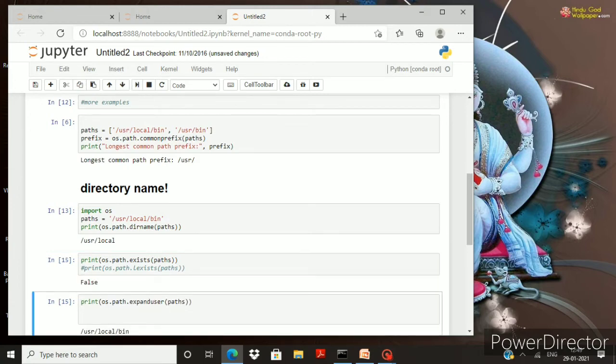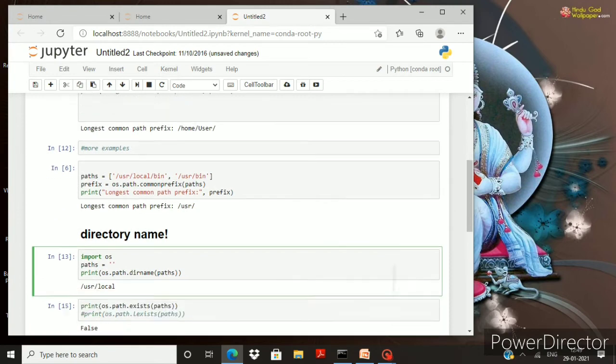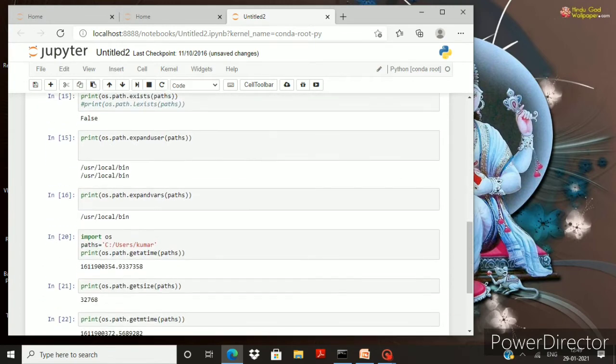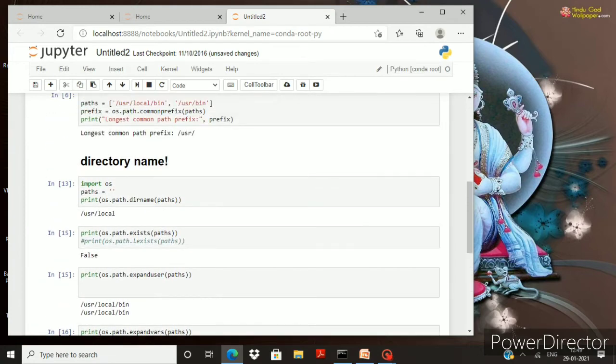Suppose I am giving another path, a path inside my computer. This is a path inside my system, that is C users Kumar.